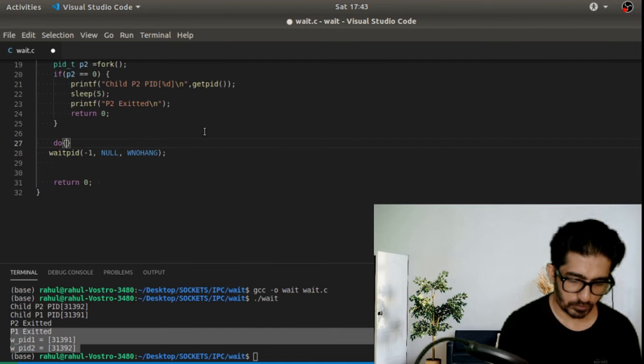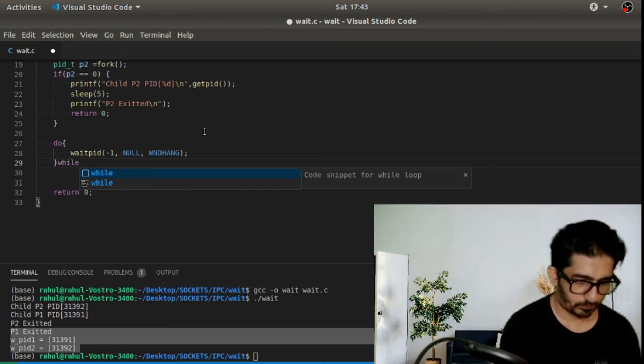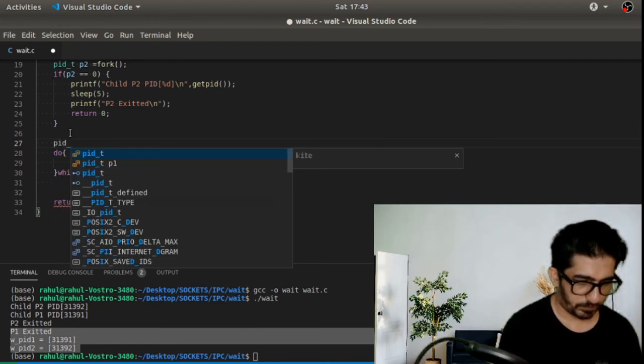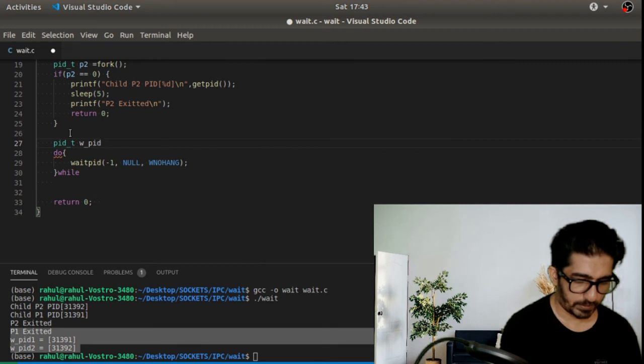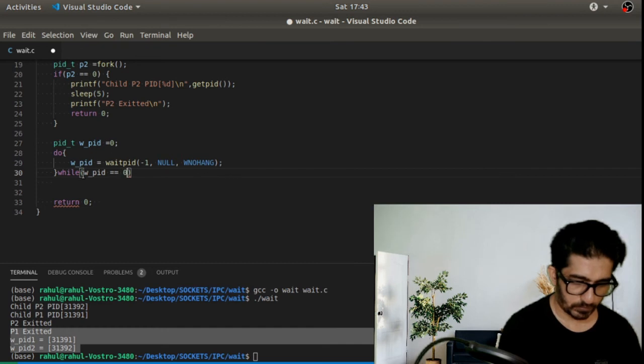So we use do, then while, then PID, then WPID is equal to 0. Then we give here the waitpid to get the status, and in the while we need to have WPID equal to 0.